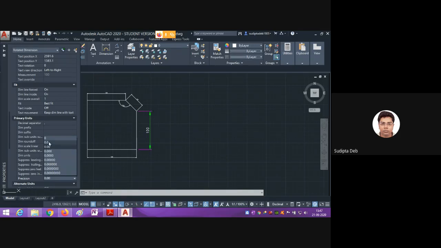If I consider 0.0, it will show 100.3. If I consider only 0, it will show the nearest value, that is 100 in round figure. So I am considering 0.0 here. Okay, so we have completed this part.